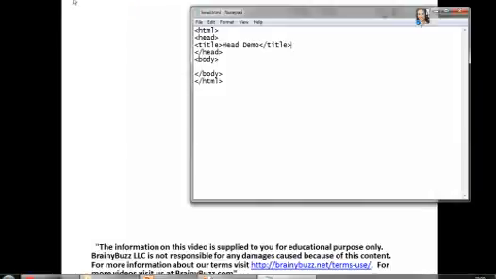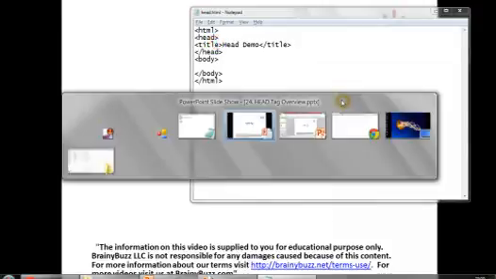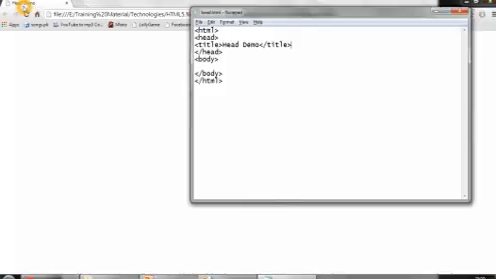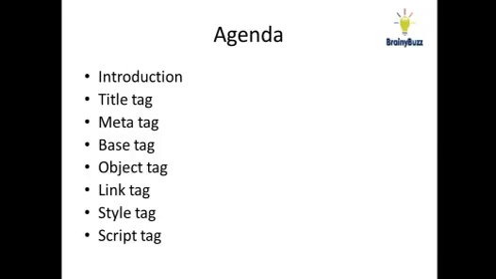Within the head tag you have different tags. I'll save it, and if you refresh it you can see the title of the web page that you have mentioned. There are several other tags that are important for your web page, and that should come in your head tag. We'll see them one by one.